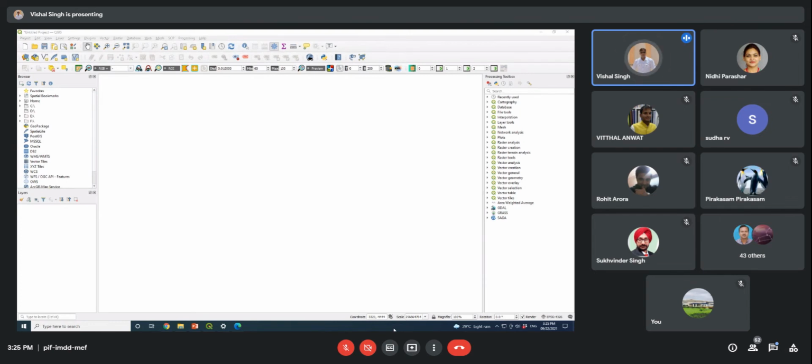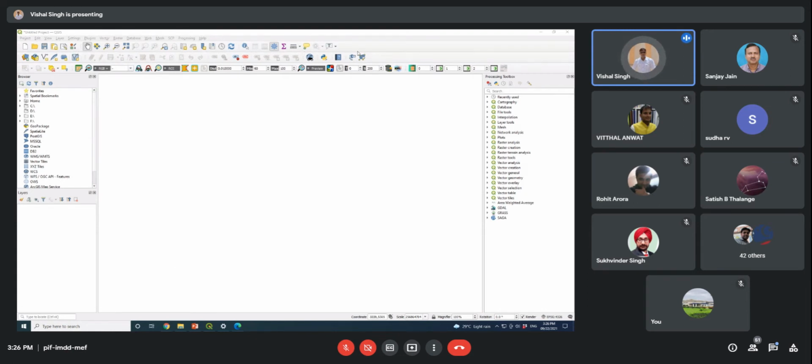And the beauty of the vector dataset is that you can generate multiple attribute information. You can calculate area, stats, all these things in the form of a vector dataset. However, the basic thing is that both datasets will have the same coordinate system. If both datasets have the same coordinate system, they can be overlaid on each other. So we will see how we can create the raster dataset and vector dataset.